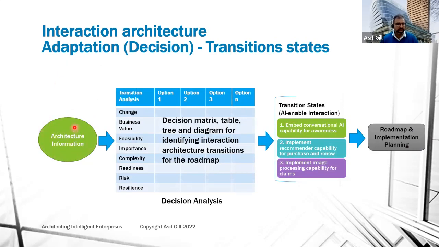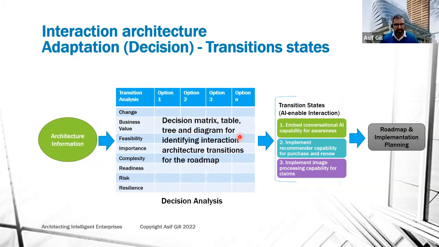Here's a little example of a decision. Once you have the overall architecture information model and you have those transition analyses, what do you need to do now? Well, you need to introduce a change. Based on the data you have, what decision do you need to make? So you can look at the different options analysis from your architecture point of view, and then look at each option and the change impact, the business value of that change, feasibility, importance, complexity of the change. Are we ready to take that change? What is the risk involved in that change? And resilience: if we fail, would we fail safely? And would we bounce back or not, restore or not? So this can be across all the options you have based on the data you got.